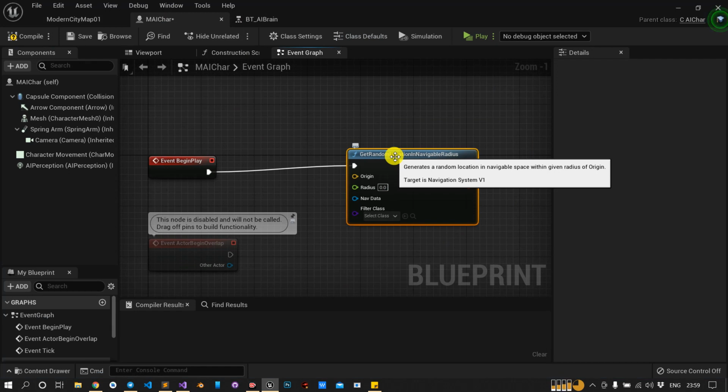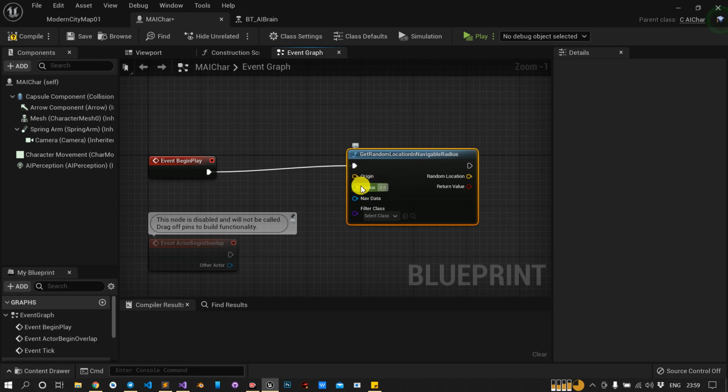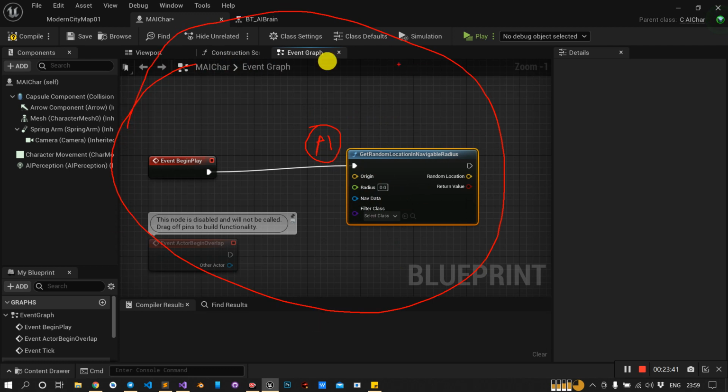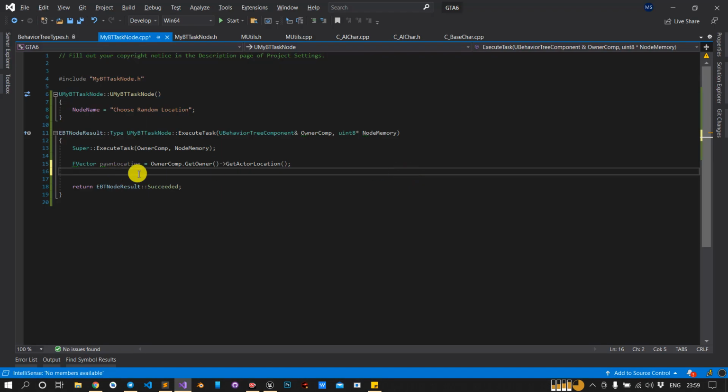So we know the class to include, and it takes origin and radius. If we have our AI here, and as origin you specify this, and for radius you specify this, then in the whole area it will give you some random location. So this is what these functions do. I will just delete that, and we will use this function.